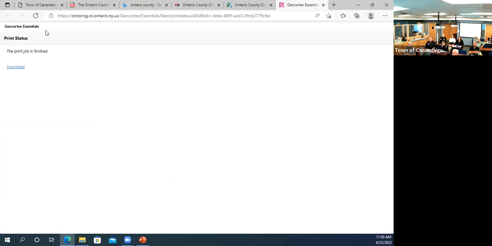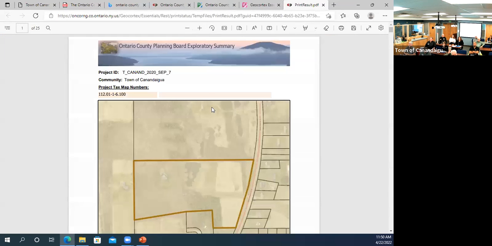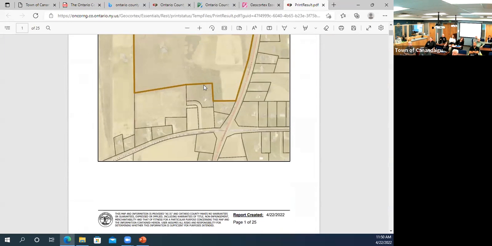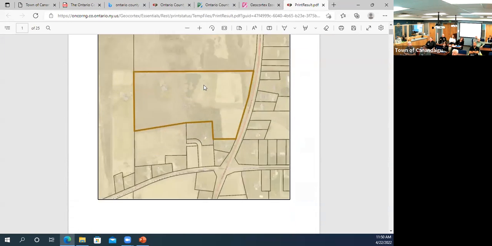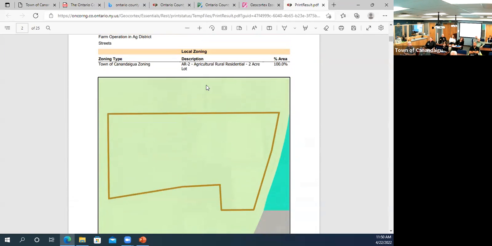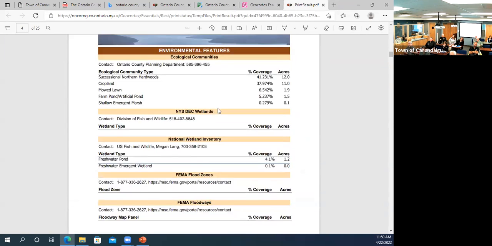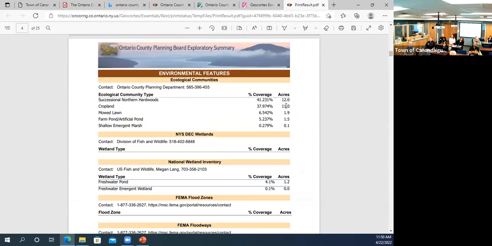And we're done. Okay. So just before I started, there was an existing exploratory project area that I picked, and I ran that report. It does take about 5 minutes to run. And so this is the output. So you can see it's got a general overview of the map of where it is. And we've got zoning information, details about,